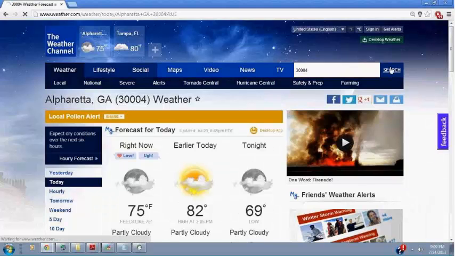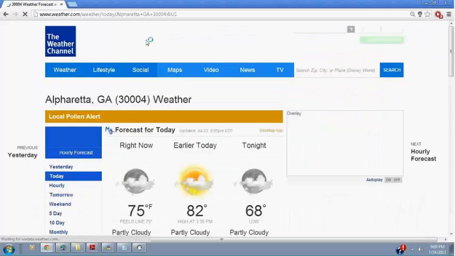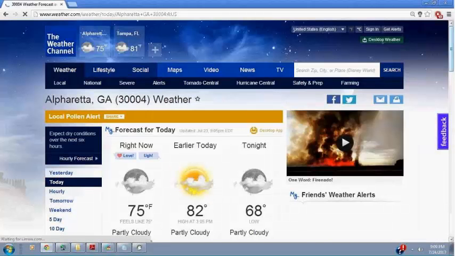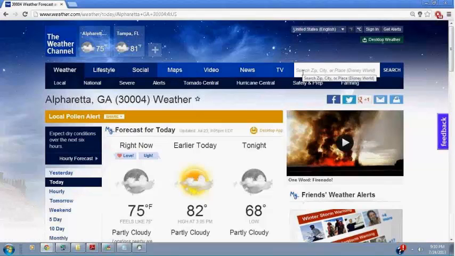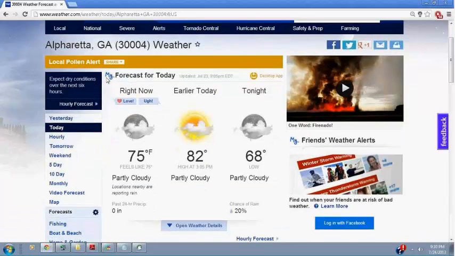So I'm just searching Alpharetta, GA, and I'm getting an output. Whatever I'm doing now, I'm just entering a zip code here. So input is zip code, and I got an output. Now consider just this weather part right now. We don't worry about these other things. So what are the three things I got? I got temperature in Fahrenheit, I got chances of rain, and I got a status message: location nearby, reporting rain. So this is the climate for this particular zip code.